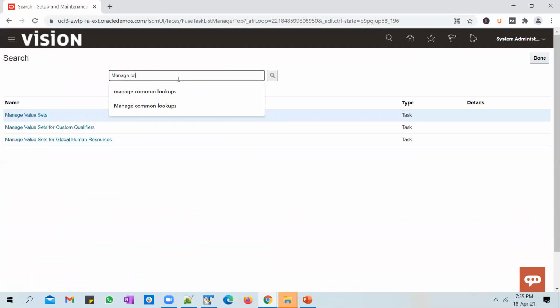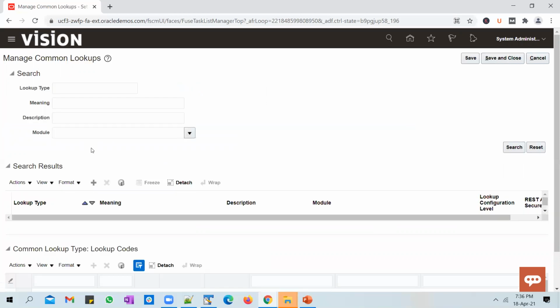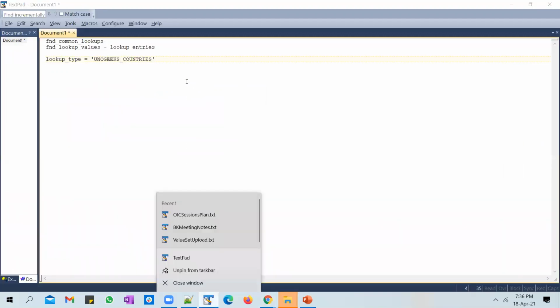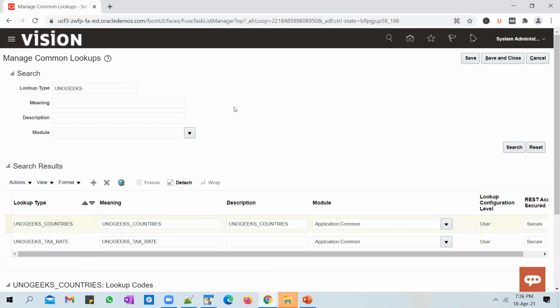Let's go to the lookup, common lookups to figure out what is the name that we have used for a lookup. It is countries. And yeah, this is what I have used in the value set now.